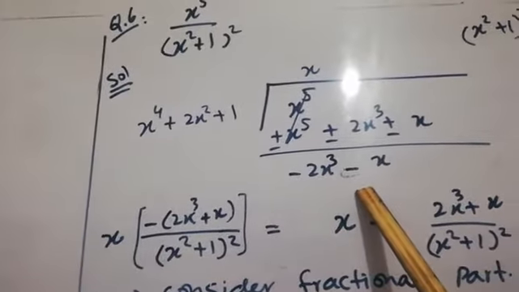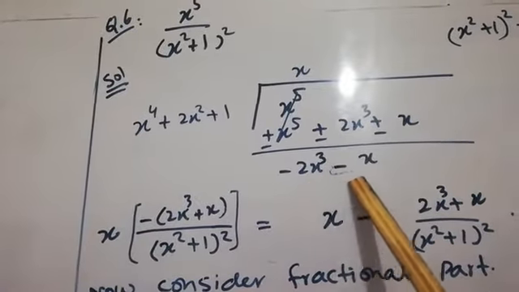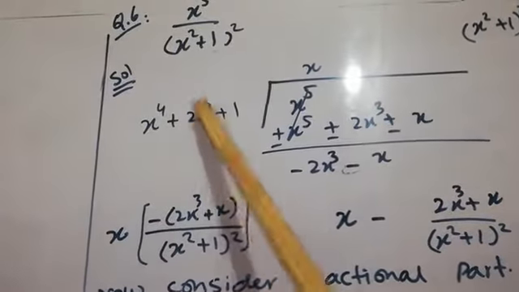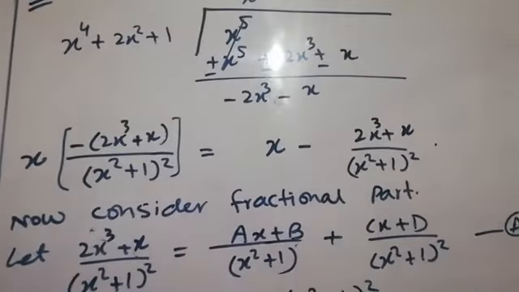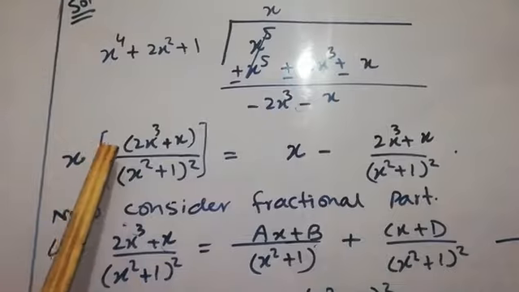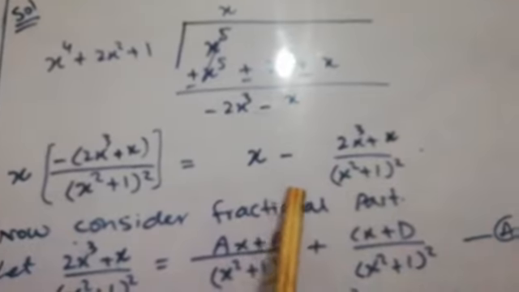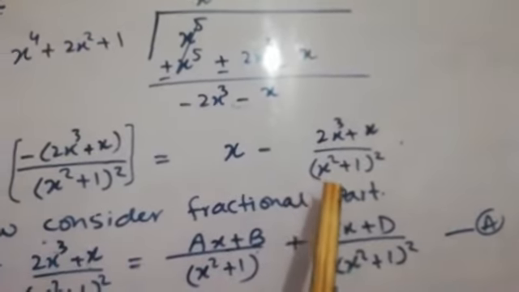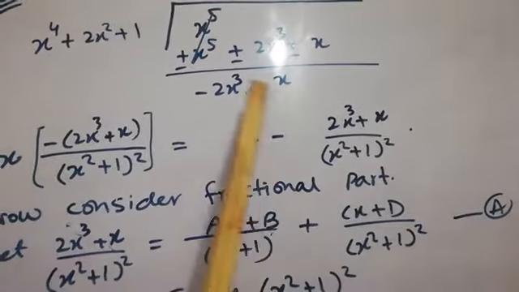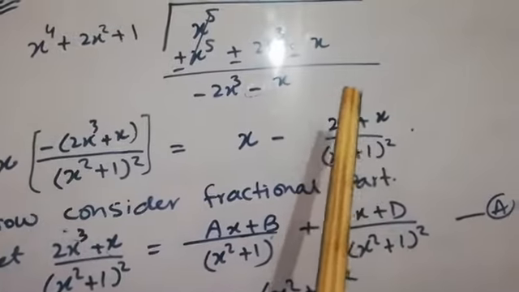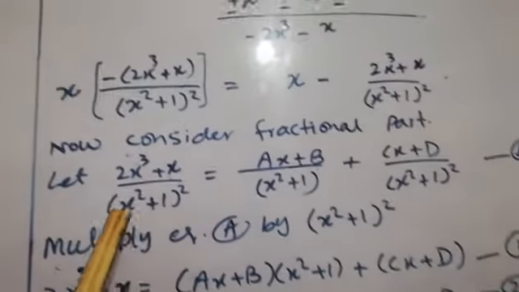Dear students, now we will write this in mixed form. This will become x whole minus 2x cube minus x by x square plus 1 whole square. Now you will write it again in this form. You know the rule that the whole means we can add, but here we have taken the minus sign as common, so we will put minus here. It becomes x minus 2x cube plus x by x square plus 1 whole square. We will ignore this x for a while, and then consider this fractional part, which is 2x cube plus x divided by x square plus 1 whole square,